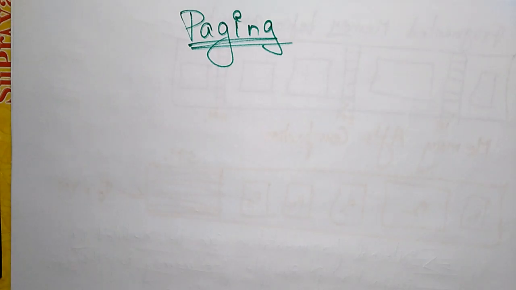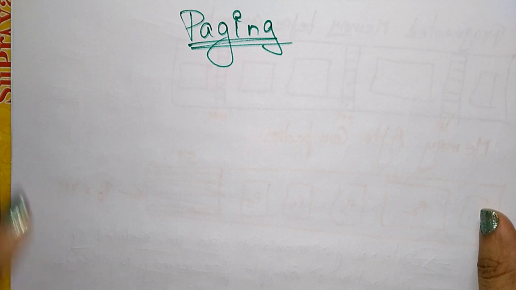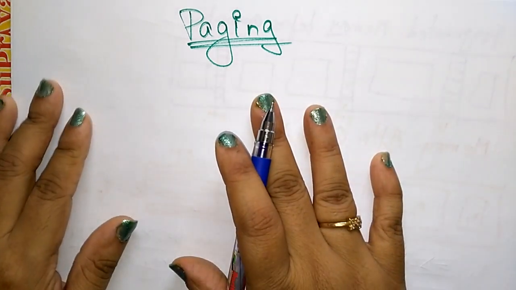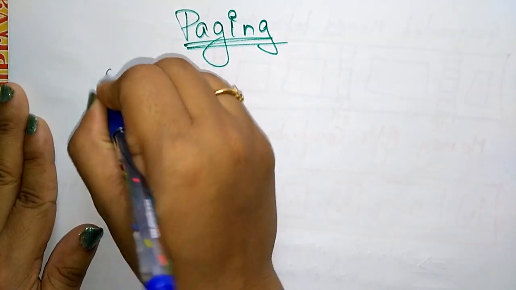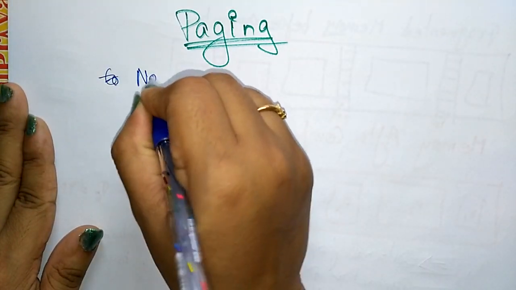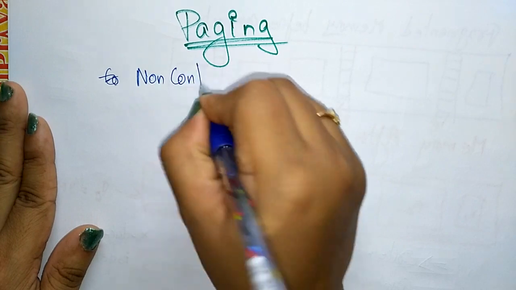Hi students, coming to the next topic in the subject operating system, which is paging. In the memory organization of an operating system, let us see how paging will be helpful. Paging is one of the concepts of non-contiguous allocation. The example for non-contiguous allocation is